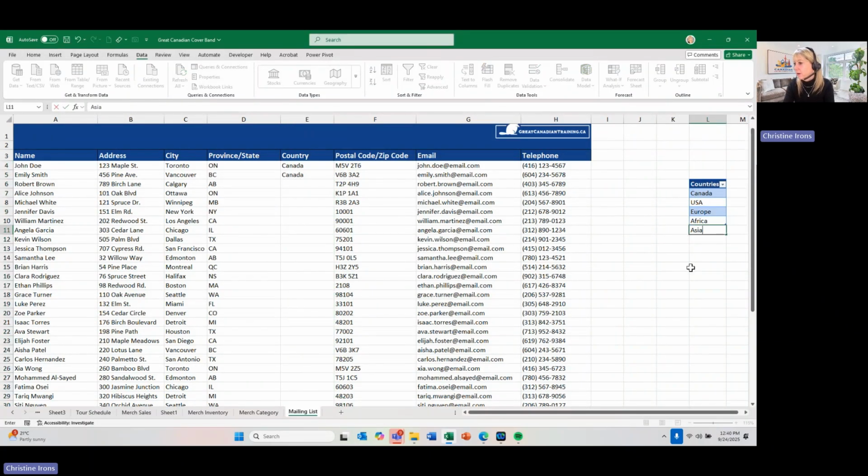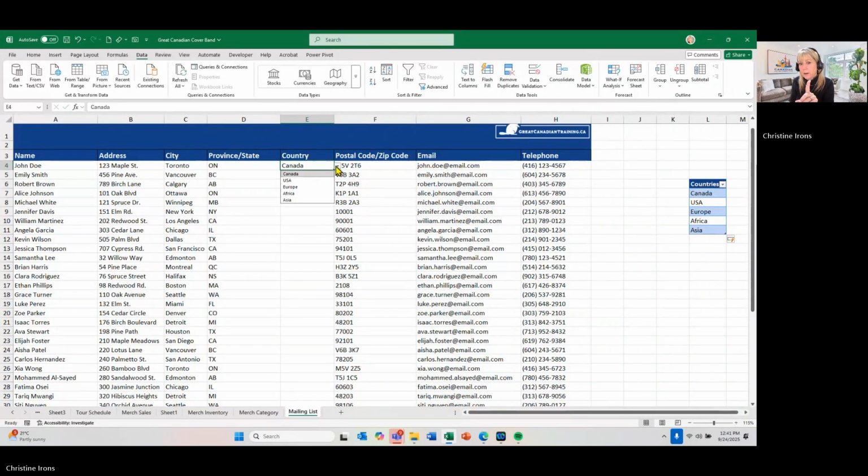I'll do Asia. Enter. Now watch. If I come over here, it's there automatically. So every time I add to the bottom of this data table, it will automatically make sure that my drop downs are populated. Okay. So the data tables are very helpful. Now I'm going to take this a step further because a lot of people